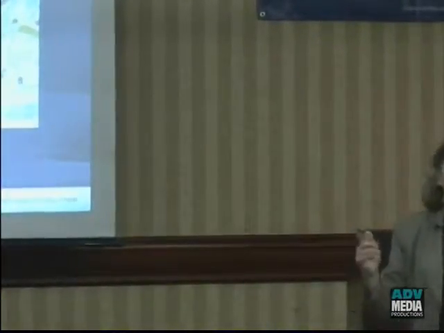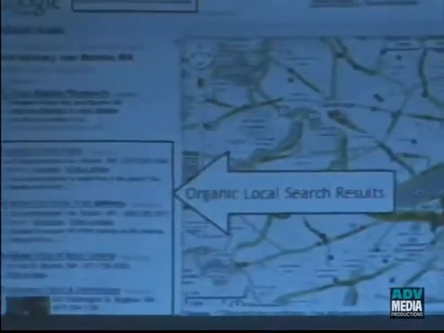Now, this is a very important local search engine because there is a large percentage of people, and I know there's a gentleman in the back who probably wants to know the number, if you're a numbers person. I don't know exactly how many people search in the Maps section specifically, but a lot of people go to Google Maps, and it's a high percentage, because if they're doing a local search, they want to know where that place is.